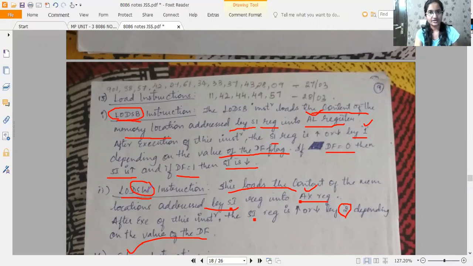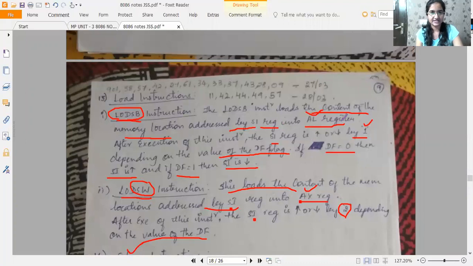String byte means what? For example, the set of byte-sized data you want to move from one location to another location. The source location and the destination location are fixed here. Here it is already given. It loads the content of the memory location addressed by SI into the AL register.